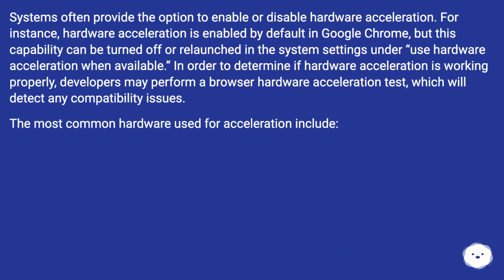Systems often provide the option to enable or disable hardware acceleration. For instance, hardware acceleration is enabled by default in Google Chrome, but this capability can be turned off or relaunched in the system settings under Use Hardware Acceleration when available. In order to determine if hardware acceleration is working properly, developers may perform a browser hardware acceleration test, which will detect any compatibility issues. The most common hardware used for acceleration include